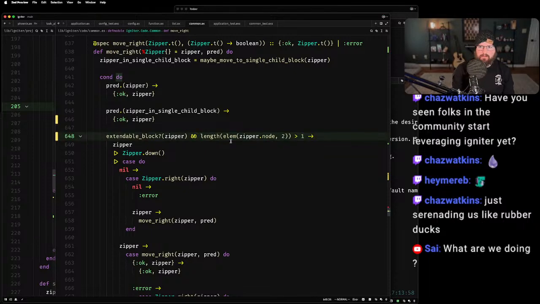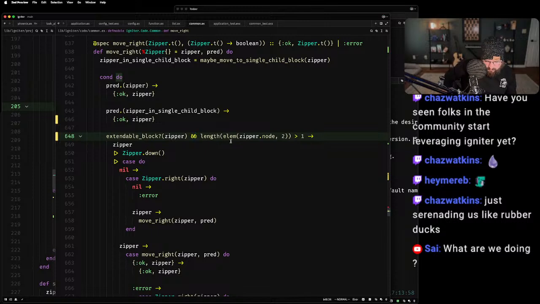Even that's kind of annoying because what it means is you can't rely on move right to put you at the top level thing. Move right doesn't work that way.